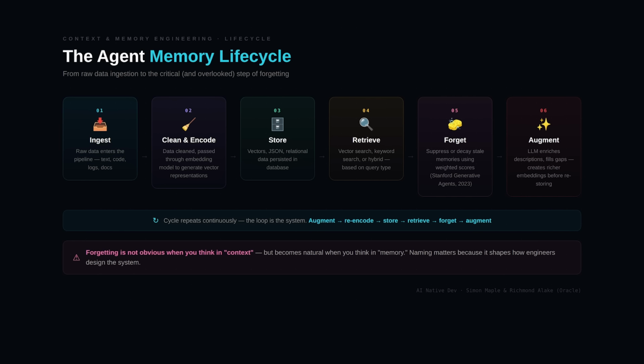This answer applies to the life cycle of memory. The first thing when we think about the life cycle, and I'll speak from a technical perspective, is we need to ingest data, right? So ingest context, ingest memory, and we have that in typical. Most data scientists and data analysts will be familiar with this. You ingest data. You do a bunch of data cleaning, then you start to do a bunch of encoding. This is where we start to pass that data through embedding models and generate different representations.